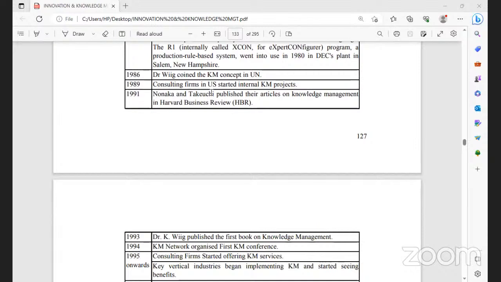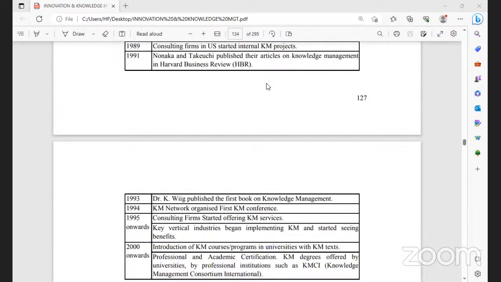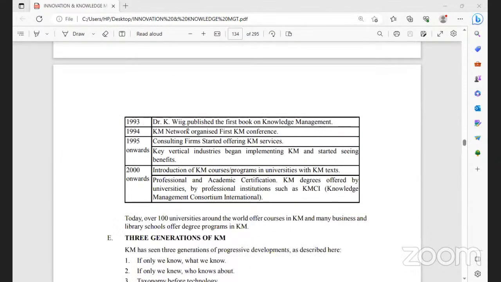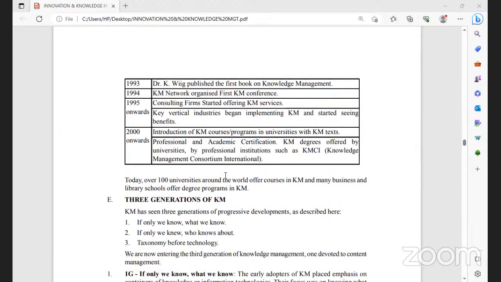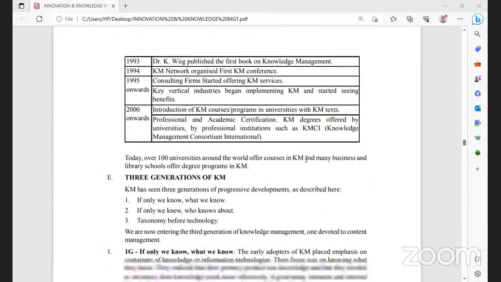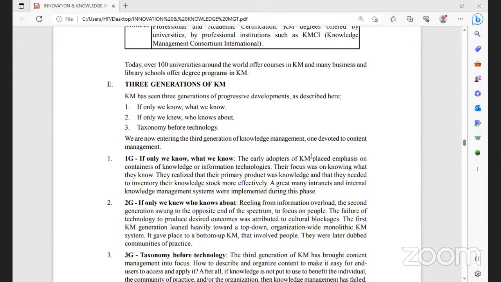1989, so many consulting firms started their establishment. 1991, articles written in several journals. 1993, published so many books on knowledge management. 94, network established using conferences. 95, so many consulting firms started giving services. 2000 onwards, so many consortiums of management professionals at international level established. Till 2023, in the current environment also, this knowledge management in this globalized environment of business